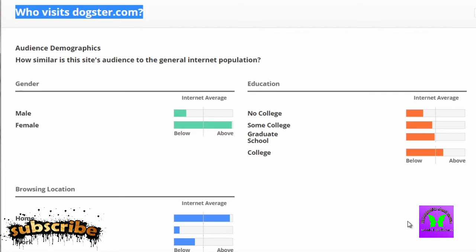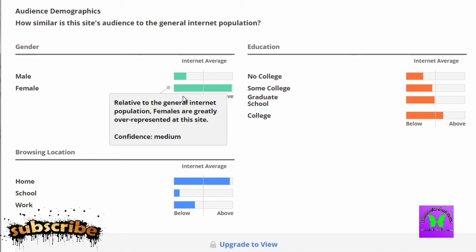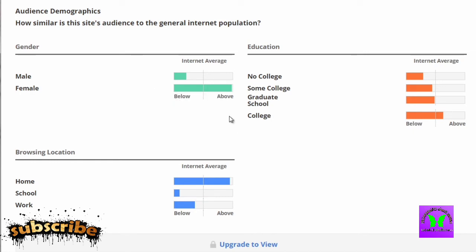Now, alexa.com is going to give you only a partial amount of data because this is the free version. There is a paid version, but I don't recommend going down that route because you really don't need it if you follow my steps in step number 3. So we can see that the majority of it is female. It looks like about 90-95% female and about 5% male, or maybe a very, very little percentage of male. Then we can see that these females have at least college or graduate school, and they surf primarily at home.